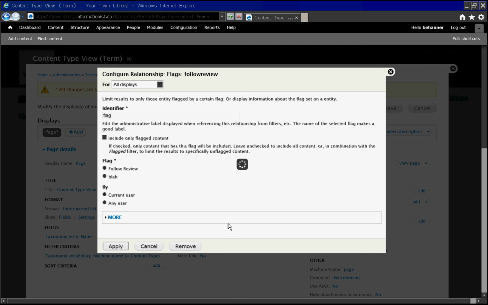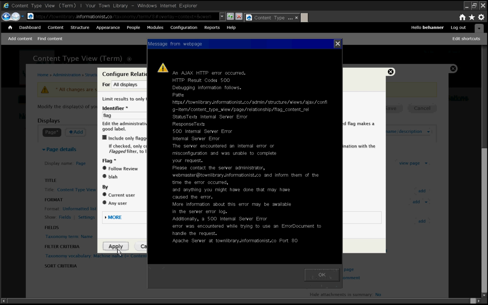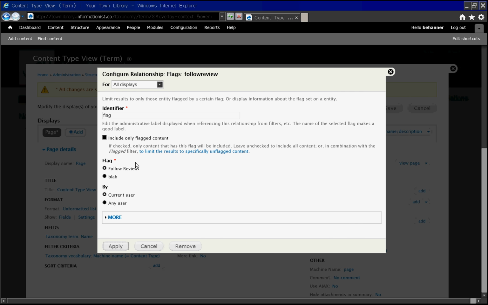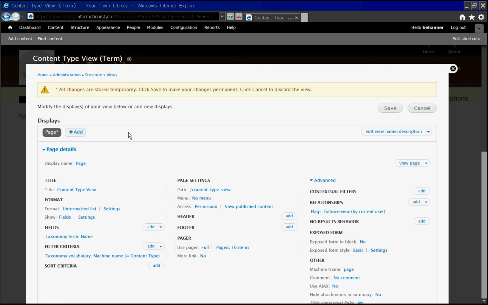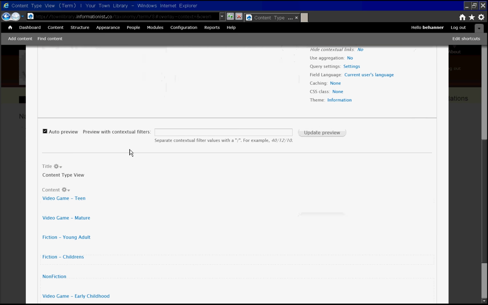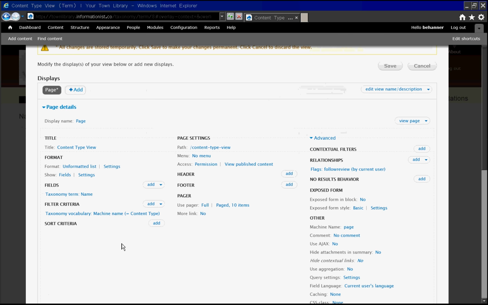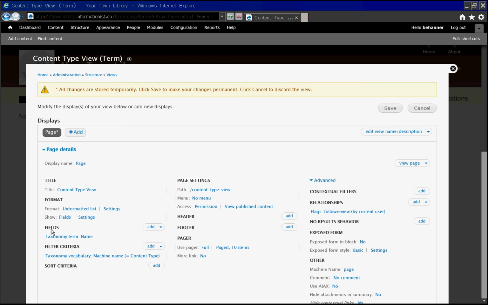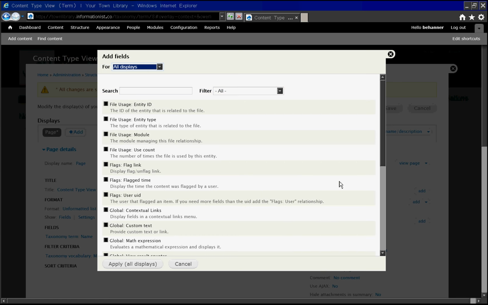Once the system does it, if it keeps going and it's working, apparently it says it is. Well, that's not good. Okay, follow review, current user, apply. There we go. Okay, so we go down to preview, and there they are. They're all listed. Okay, so now we need to add that field, because by creating the relationship, we bring that